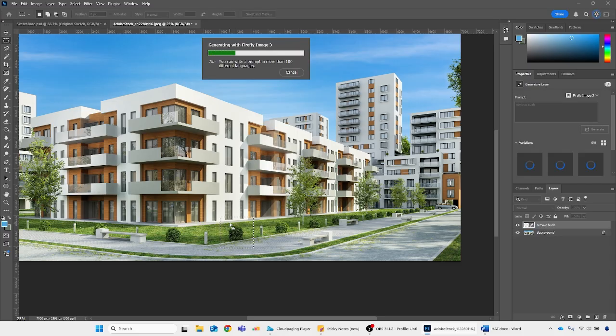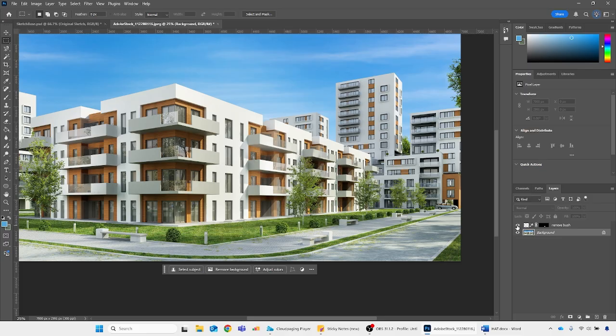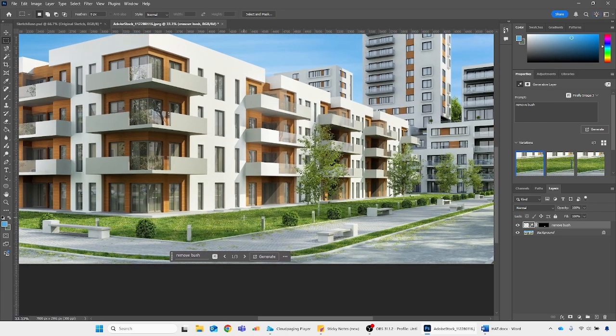Okay, so it will give me like 3 different options, and you can be really descriptive in that, just like you would be in Midjourney. It gives me some generative image for just that little area of my image. So here it's given me 3 options. That's the first one, that's the second one, and that's the third one. Again, it's not altered the original, it's non-destructive, so the original image is still safe and sound, but it's created a layer over the top that is a generative image removing that bush,